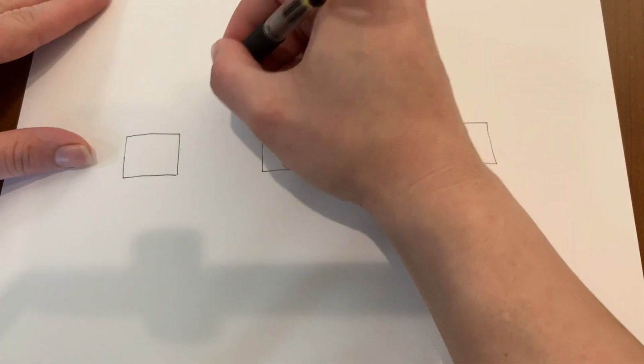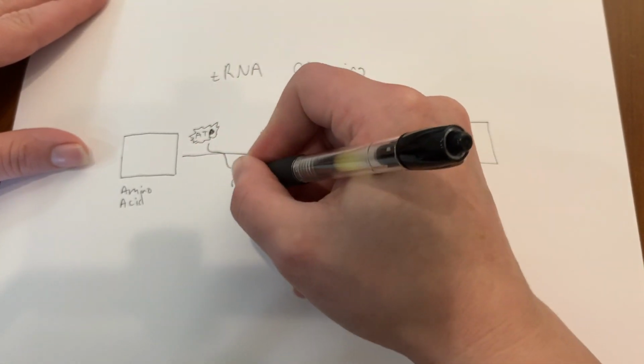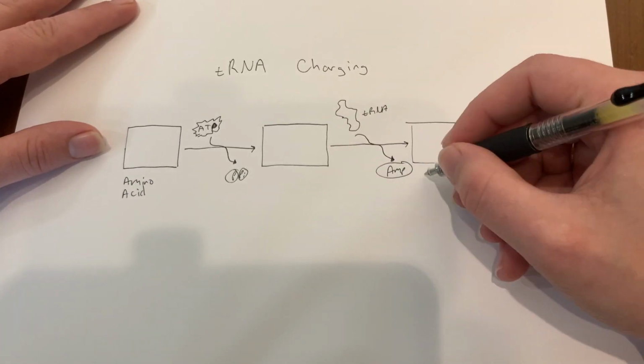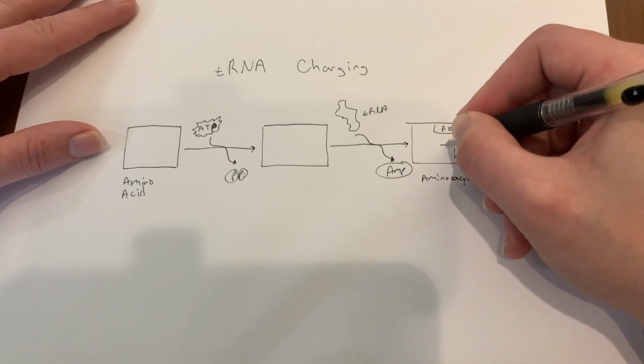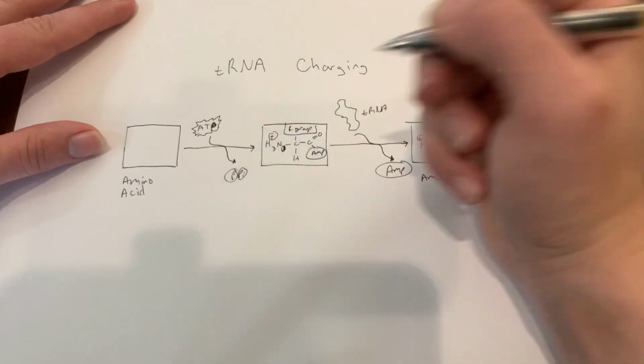How does a tRNA know which amino acid to bind? This step is accomplished in what is referred to as tRNA charging, where an enzyme called aminoacyl synthetase binds to the 3' end of the tRNA molecule by its carboxyl group. Each amino acid has its own version of this enzyme, so specificity can be optimized.